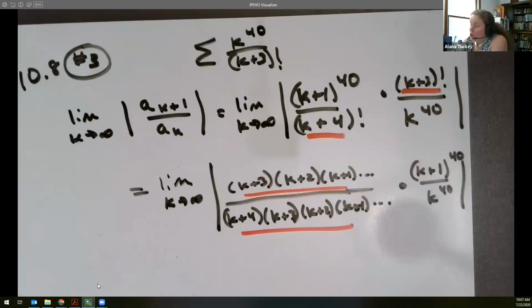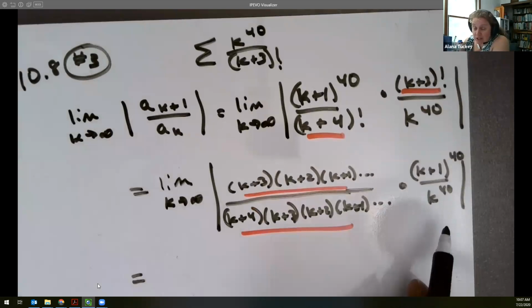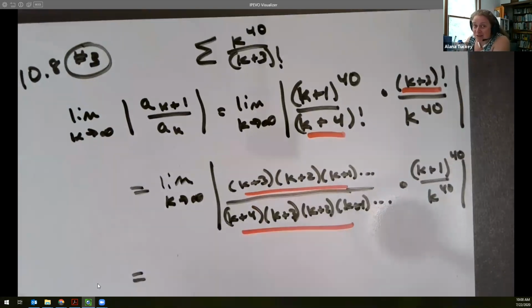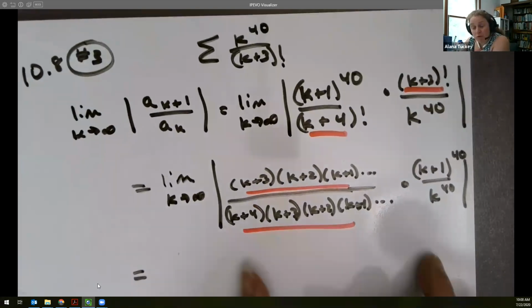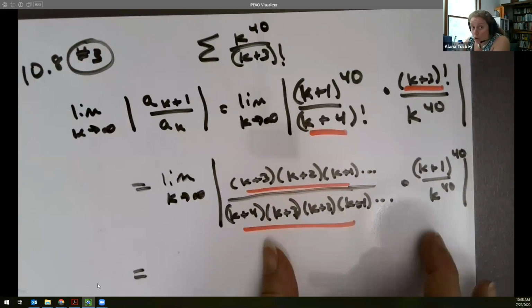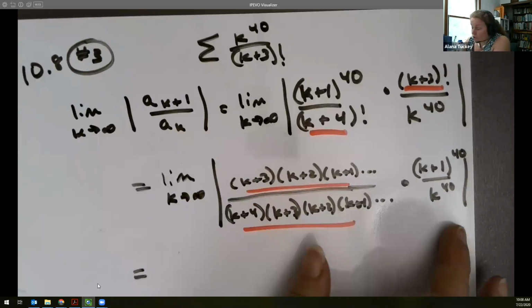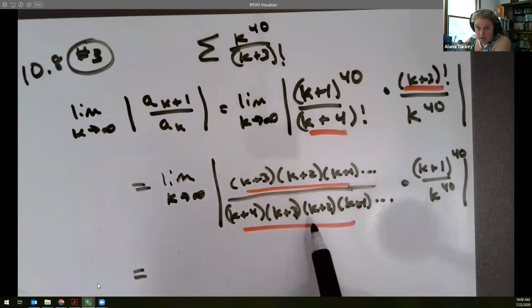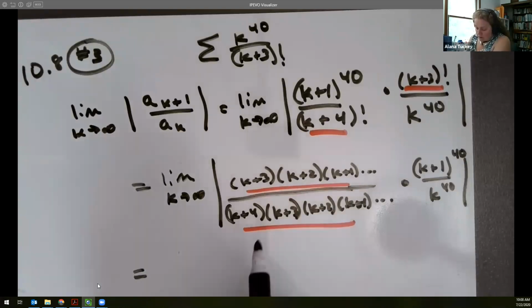All right. You cannot make this 1. Several of you did that. You can't do it at this stage. It is 1. I totally agree with you, it's 1. But you can't do it inside the limit. You have to wait and do it later. So either you do your limits or you don't, right? You either pull the limits for both pieces of this simultaneously or you don't. You can't do halvesies. So you can't find the limit of one piece of it and say, oh, that's 1, and not find the other piece. That's not good, right? And while I'm on the subject, just for the record, this part here, cancel,